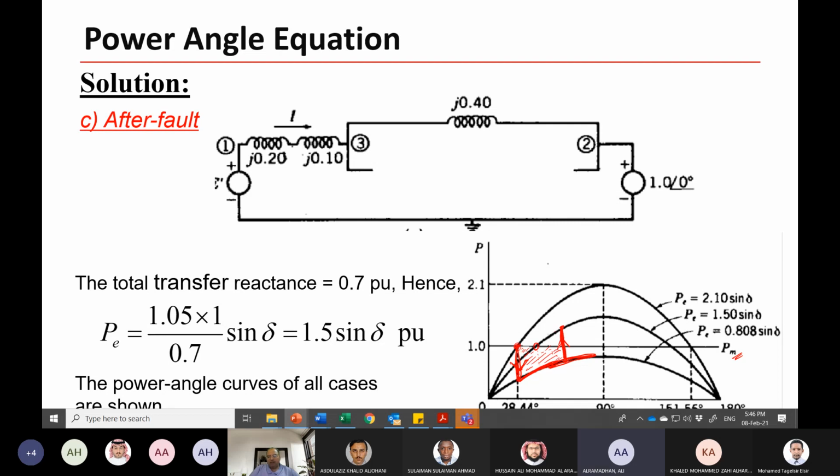Because P mechanical is higher than P electrical. This is P electrical during the fault. So we have acceleration. When we clear the fault, we have the inertia of the machine, and the machine is accelerating. When we trip the line, now P electrical becomes greater than